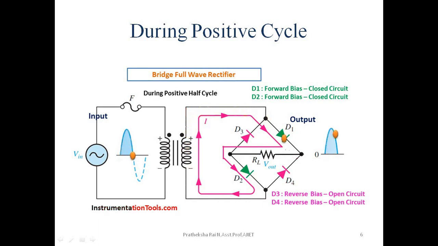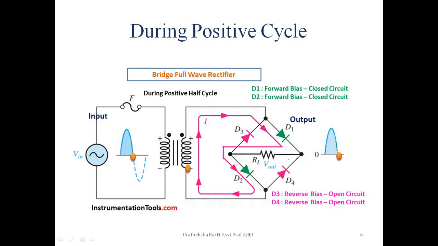When this is plus, please check the polarity of this diode. Okay, so this diode, this is a P side, is connected to the positive terminal, right? And if you observe D2, the negative side is connected to the negative terminal, and what about the positive side? It is connected to the positive terminal.